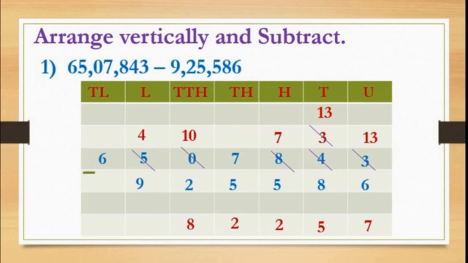Now we will move to the lakhs place. Here 4 lakh minus 9 lakh is not possible. So again it borrows from the 10 lakhs place, that is 6 becomes 5, and here 14 lakh minus 9 lakh we will get 5 lakhs. Okay, and the last column, that is the 10 lakh column, 5 is there, so 5 remained. So how to read this? 55 lakhs 82,257. Got this, children?